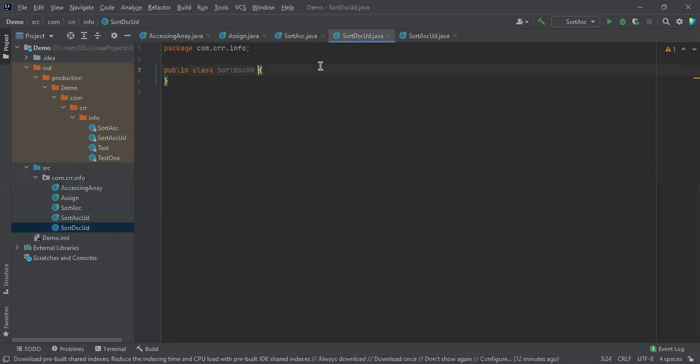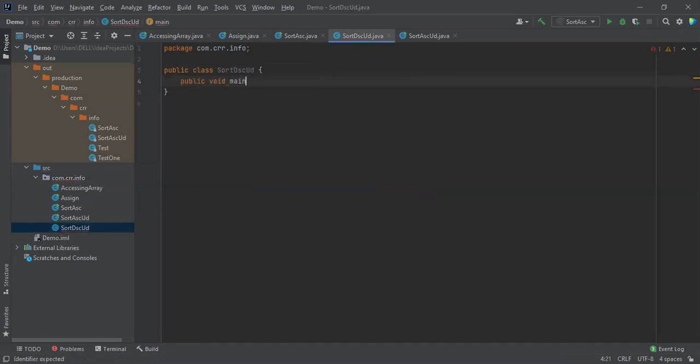The main method is essential for the compiler to identify a program. So I'm going to write it.